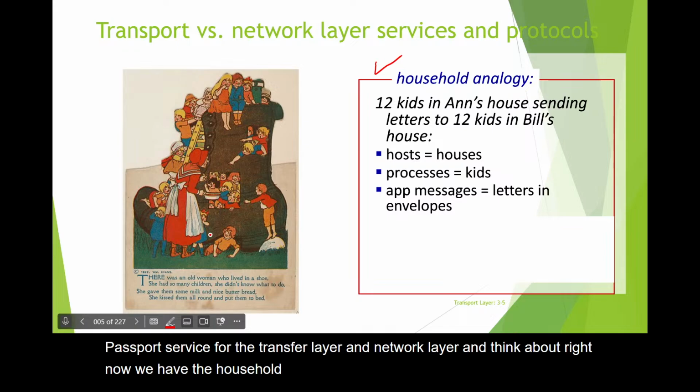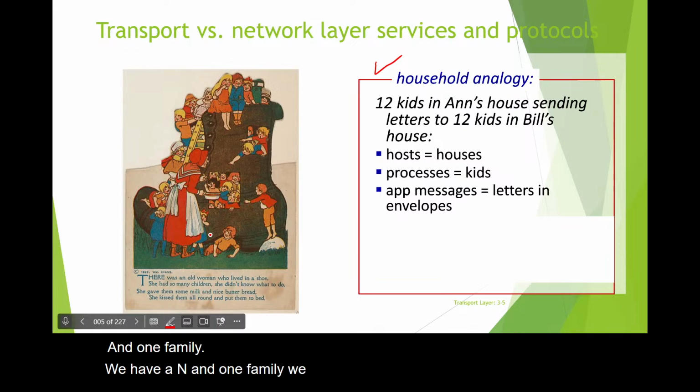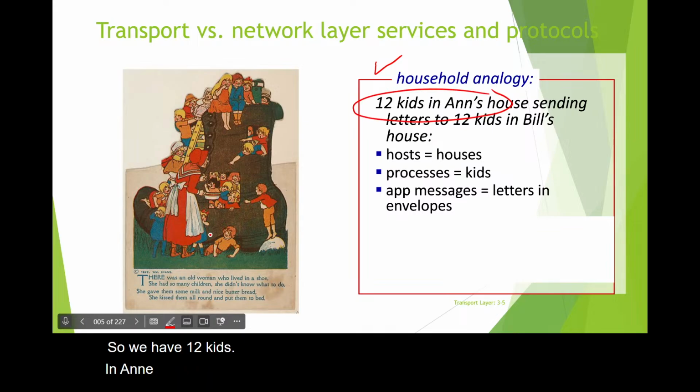We have 12 kids in one family, Alice's house, and 12 kids in Bill's house.